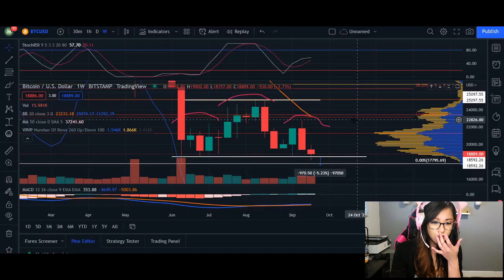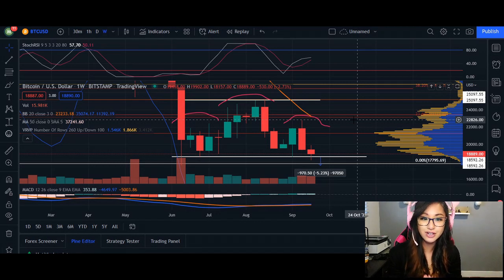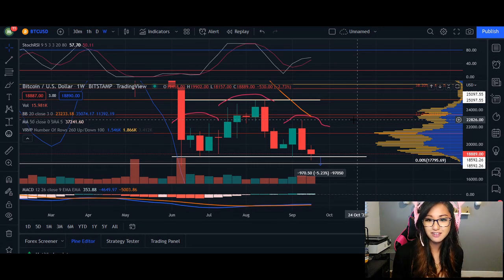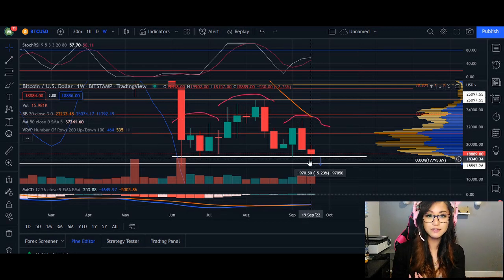Essentially, again, we are watching very closely our head and shoulder chart pattern. We are essentially in the right shoulder, as you guys can see, retesting our area of support. We can see so far in the week we have had a low of $18,157. Of course, this low at an essential area of support is going to drive the price a little bit